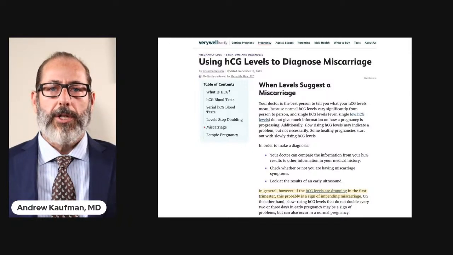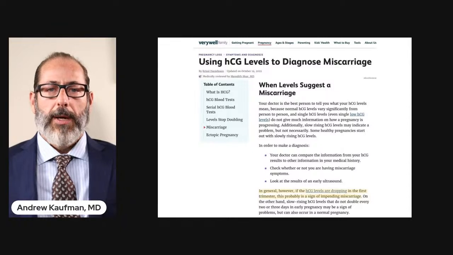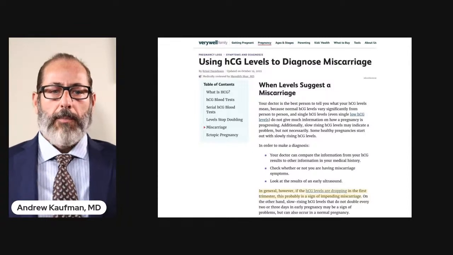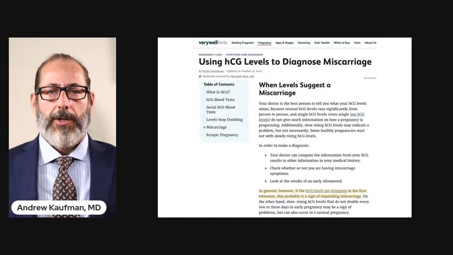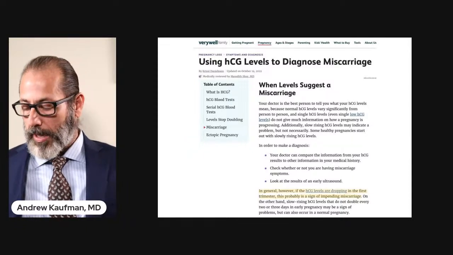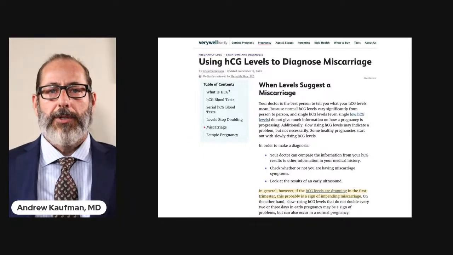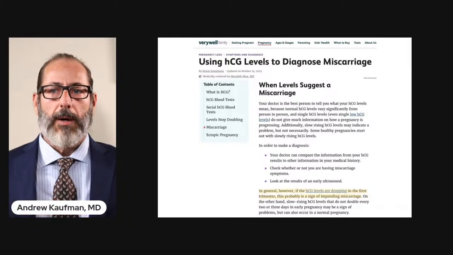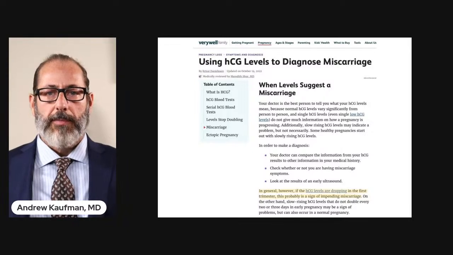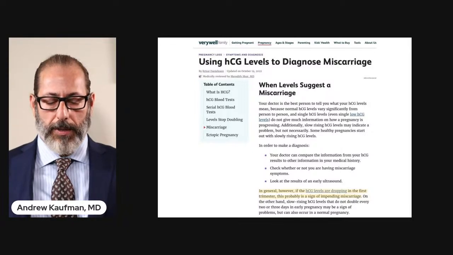Now, beta HCG, you might recognize as the pregnancy hormone. And when you do a urine or blood pregnancy test, it simply tests if this hormone is present or not. But for the purpose of assessing a miscarriage, you have to do what's called a quantitative level, where you get the actual amount of the pregnancy hormone in the blood. And what we are taught is that during the first trimester, the number is supposed to keep going up. In fact, it keeps doubling. And this is a way that you can sometimes assess the health and viability of the pregnancy.